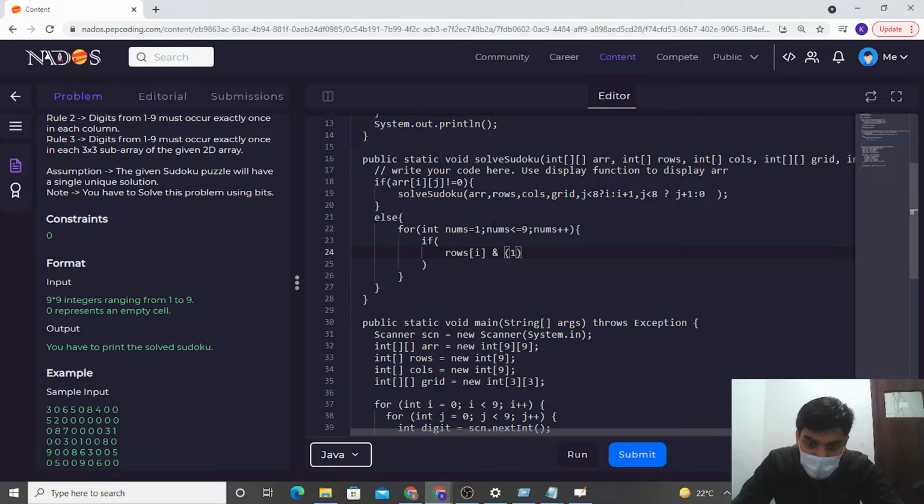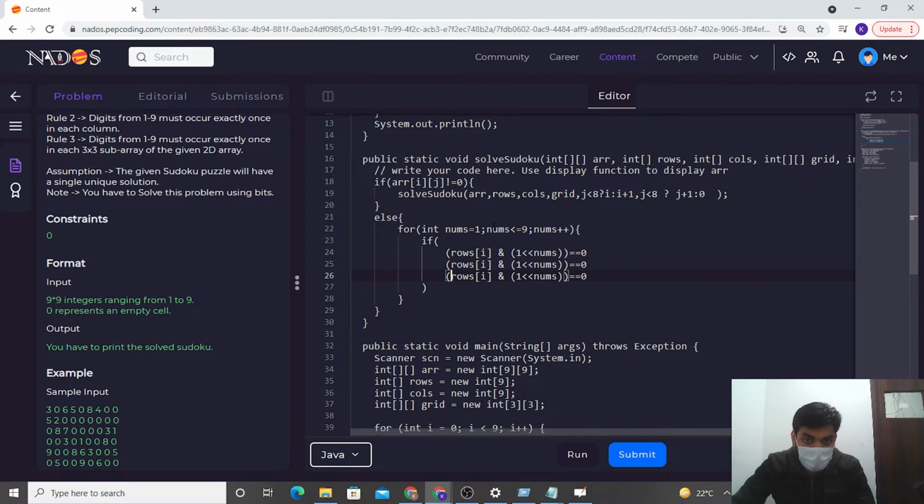How we'll create? 1 left shift nums times. This will go to that particular bit and check if it is on or off. Is 0. If it is off, in that case only we need to work. Similarly, I'll check the same for my columns and grid.